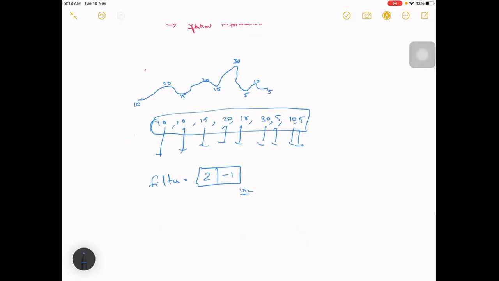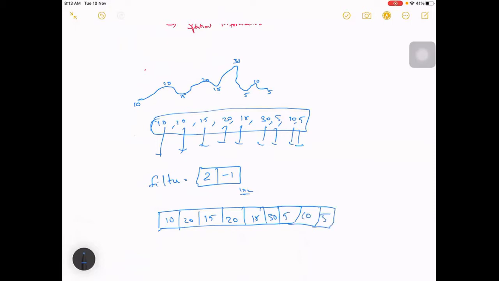If you apply this to this array, initially let me write it here: 10, 20, 15, 20, 18, 30, 5, 10, 5.